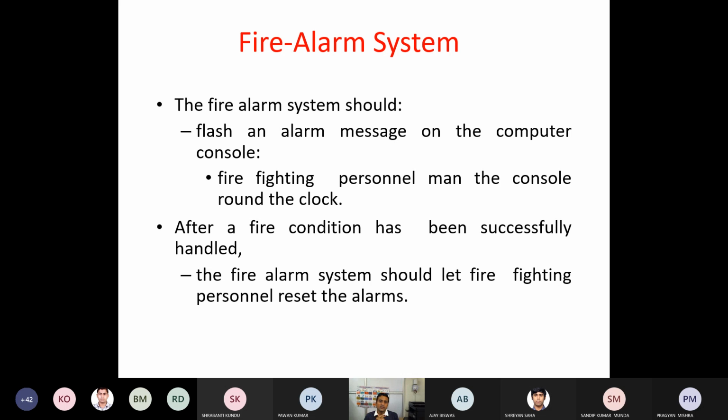Firefighting personnel man the console round the clock, so they may be going through those consoles, right? So whenever they see any emergency message coming out, the firefighting people will go and act accordingly, right? After a fire condition has been successfully handled, the fire alarm system should let firefighting personnel reset the alarm, right? So once the people have come to that particular place, they can reset it. Okay,